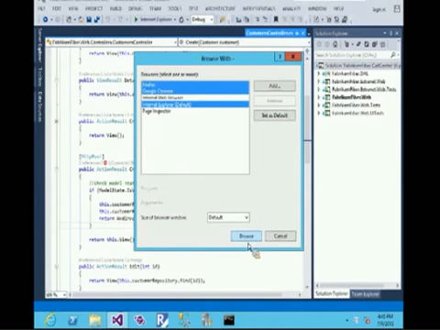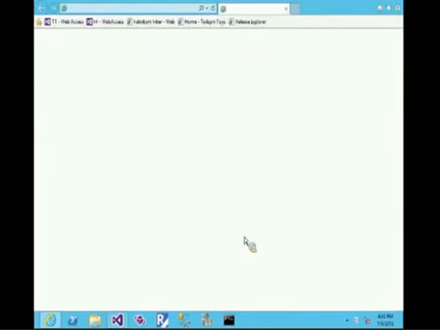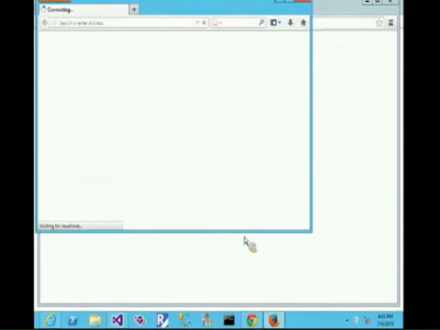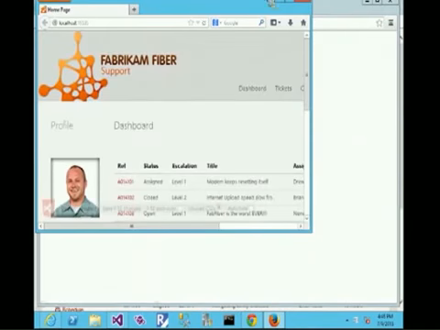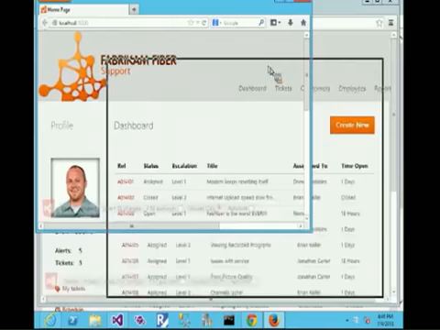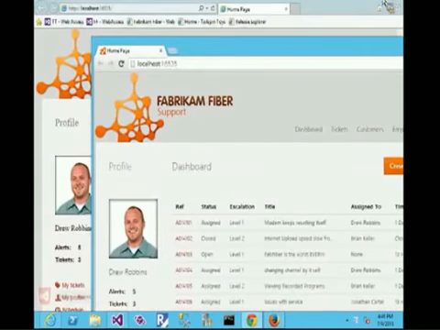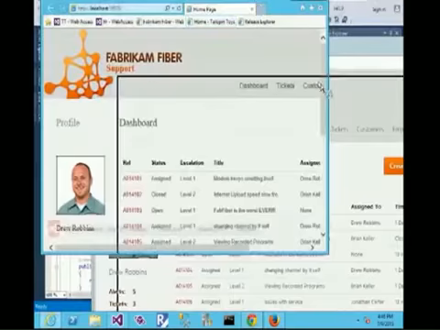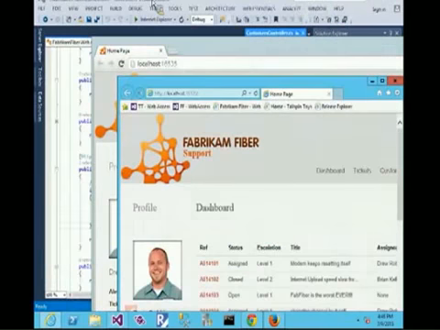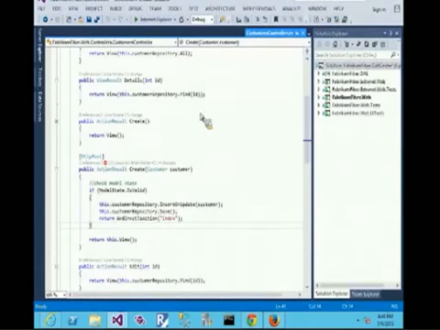But whilst you're in development, we're able to select these different browsers, click Browse, and you'll see this application launching in each of these different browser types that I selected. So I've got Firefox, Chrome, and IE all loaded up here. Now, of course, I'm running out of real estate a little bit on my workstation here, but one of the